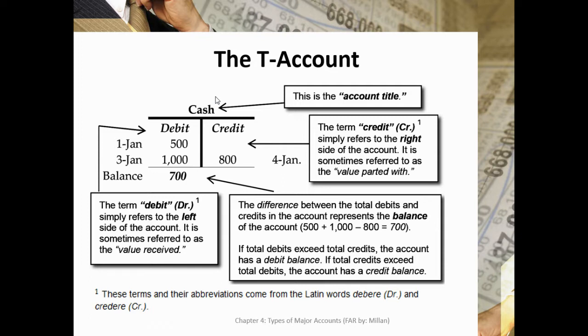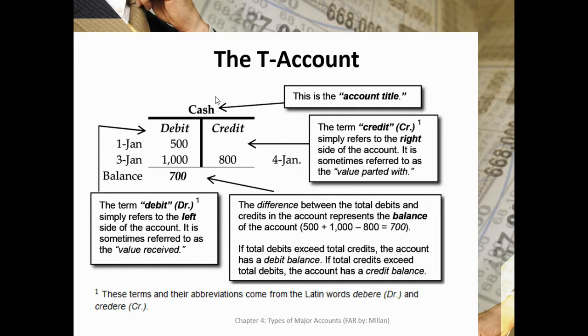A T account has 3 parts. Account title, yun yung cash na nakikita nyo sa screen. It describes the specific item of asset, liability, equity, income, or expense. Specific siya. Anong asset siya? Cash yung makikita mo dyan. Makikita mo din na nahati siya sa 2 sides. May debit and credit. Debit ang tawag sa left side of the account and credit ang tawag sa right side